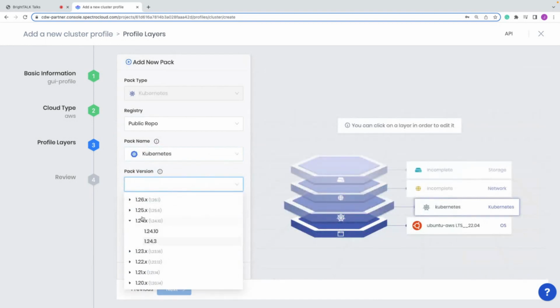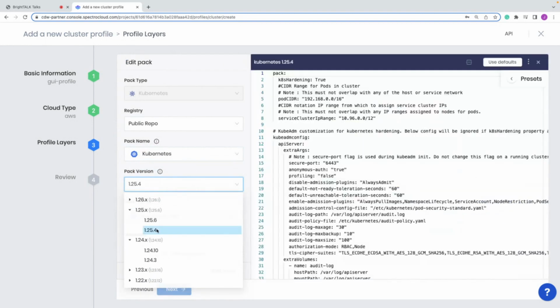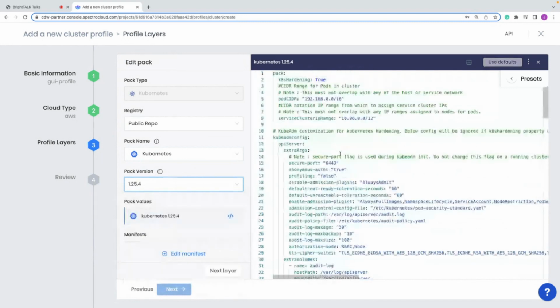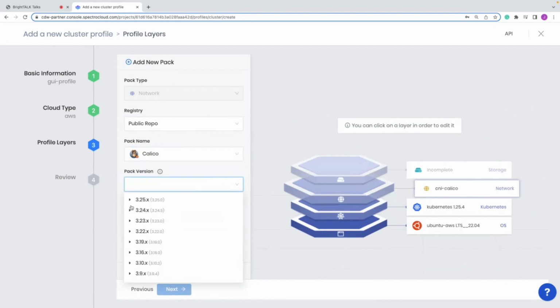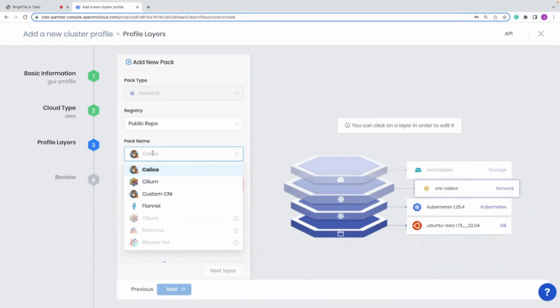Let's choose 1254. Here again, the nerd knobs are here. Here's just some of the locations that you can configure OIDC integration. If you want to use your Okta or your Azure AD account to both manage Palette, your email, and Kubernetes clusters, you can do that. Here I'll pick just any CNI. You have a number of different options that you can choose from.